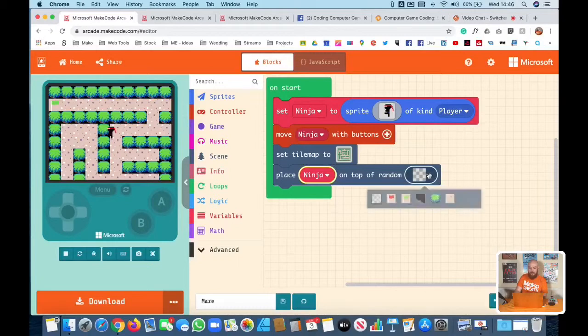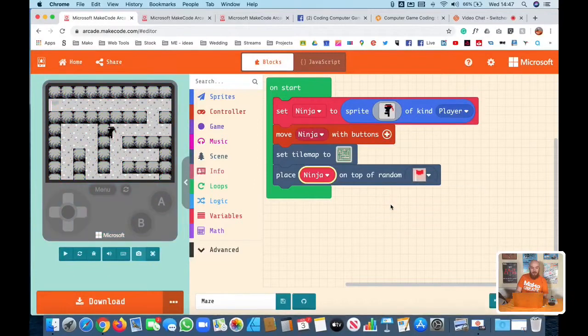And then if we click on this drop-down menu now, we've got all the different tiles that we use on our maze. This one, I think, was one I selected but didn't actually use, so I'm not going to use that one. I'm going to use this one, which was my, oh no, I'm not. That's my endpoint, my green flag, isn't it? So I need to go onto this tile, which is tile number 1, the red flag. That's my start point. So if I pop that in there now,